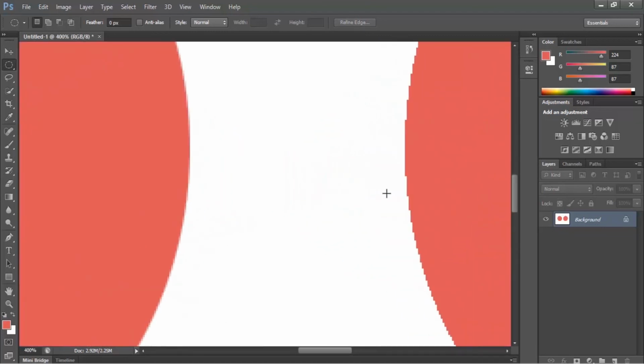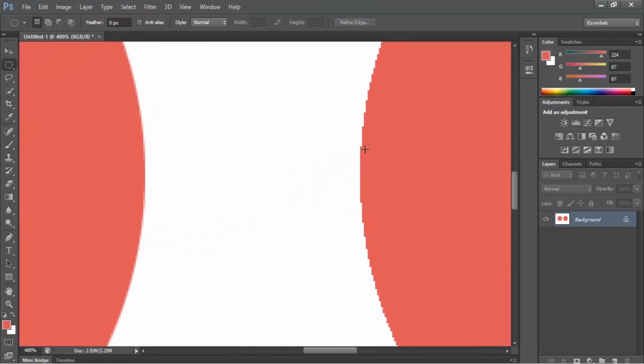If you zoom in into the selection, you can see it gives sharp edges. The left side is the circle which we have drawn with anti-alias option checked, and the right side is the circle which we drew with anti-alias unchecked.